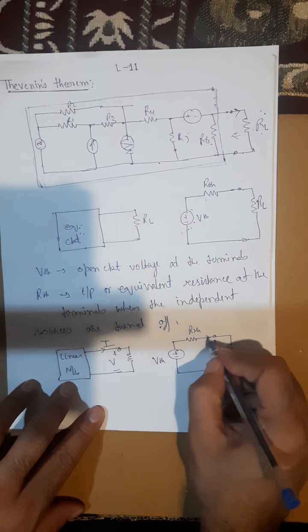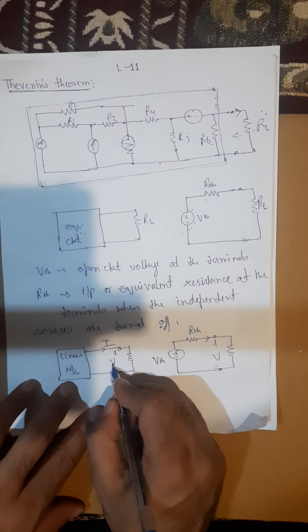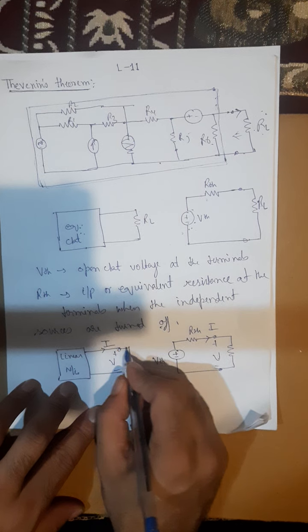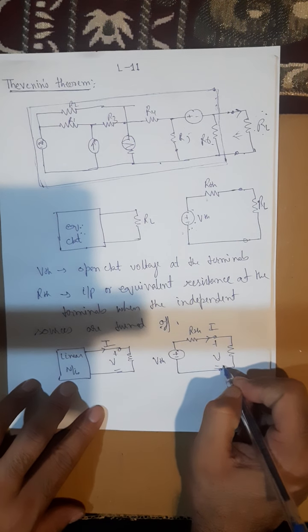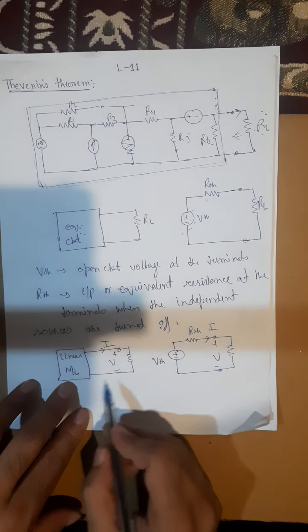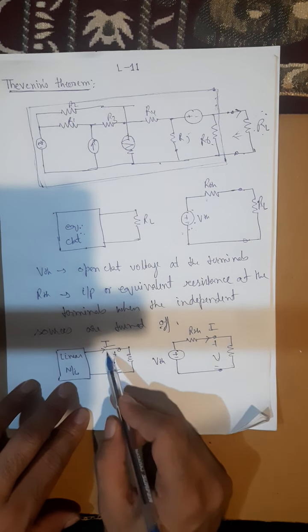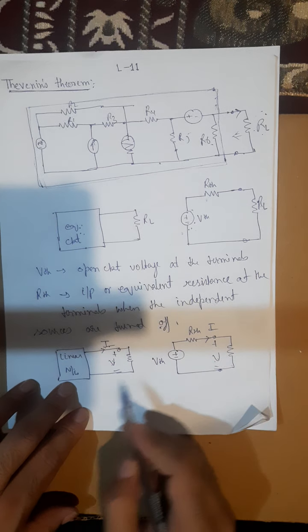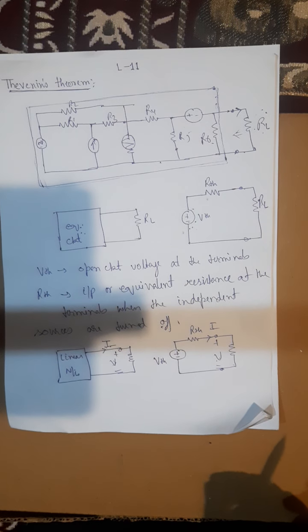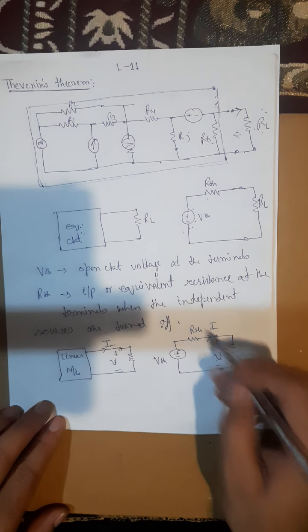So again here the voltage will remain same. What is the voltage here? Same will be the voltage here, and whatever is the current flowing in the load here, same current will be flowing in this load, because only when the V and I relation at the output terminals are identical in this circuit and this circuit, then only we can say these two circuits are equivalent. Okay, now next is how will you calculate VTH and RTH?